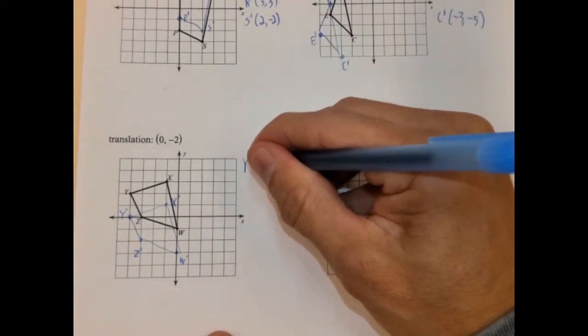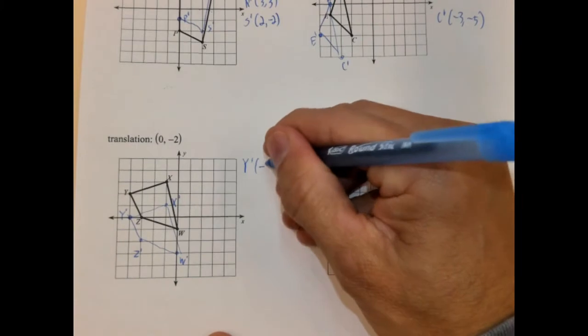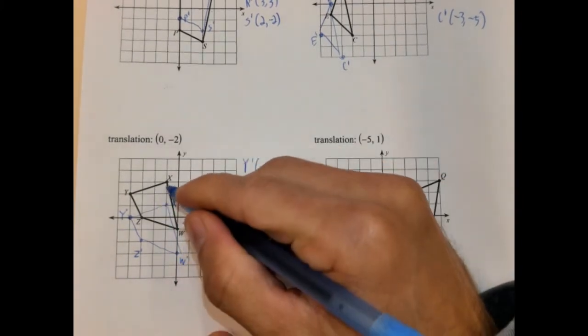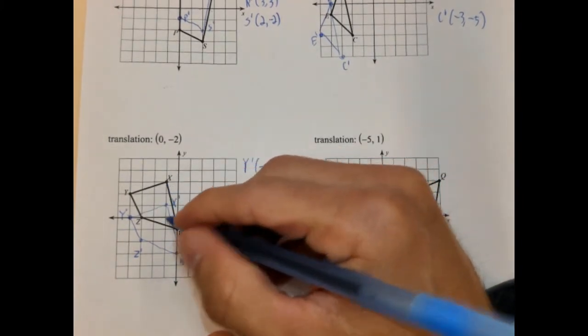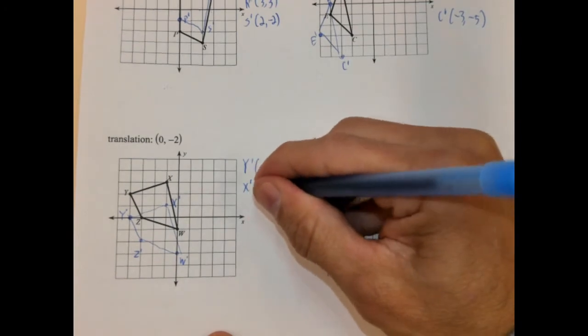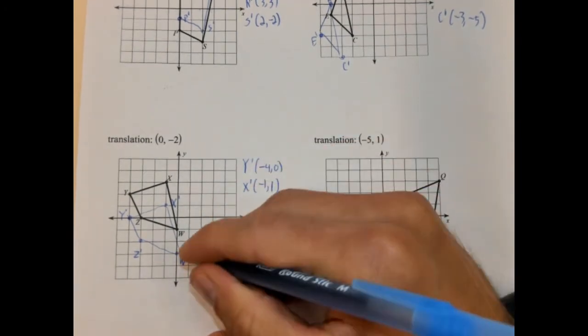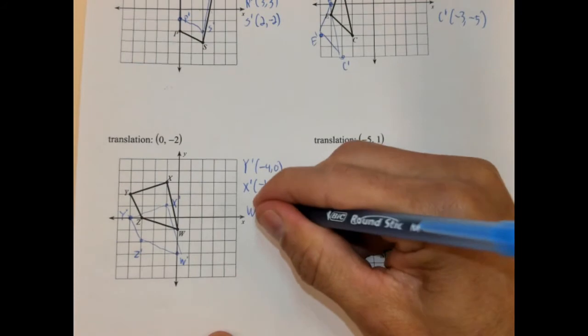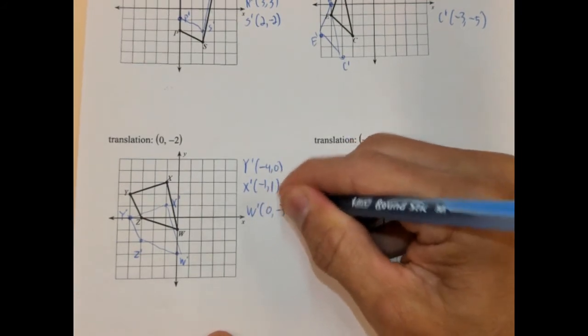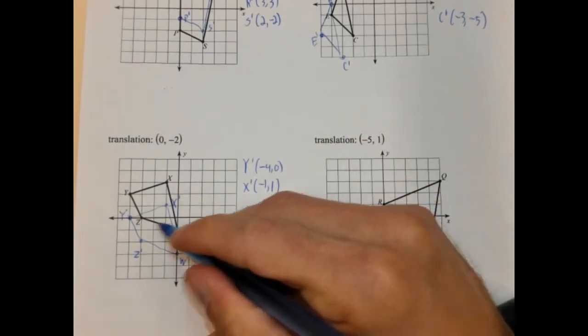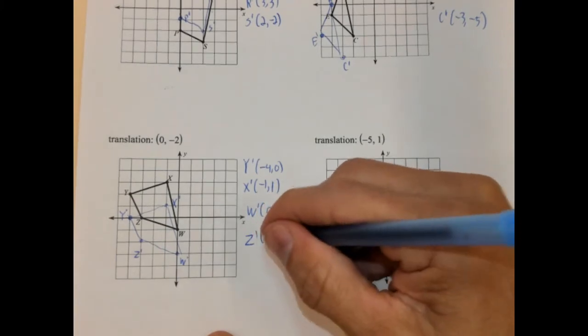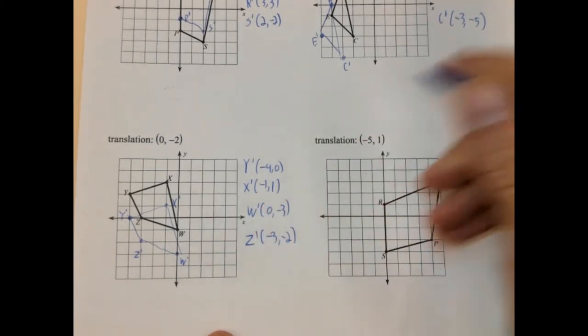So y prime is going to be (-4, 0). X prime is going to be (-1, 1). W prime is going to be (0, -3). And z prime is going to be (-3, -2). Okay, and the last one,